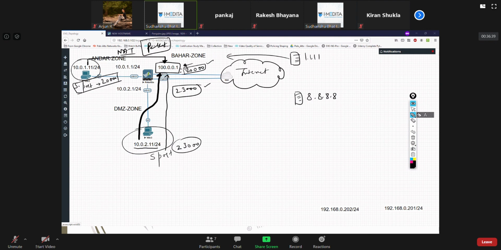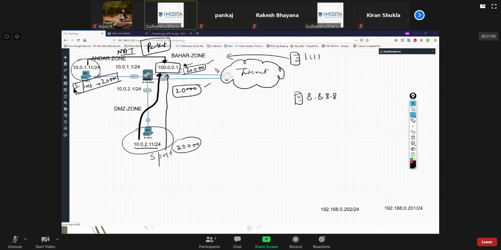For the first person utilizing 20,000, you don't change the port number, you just send it out. But when the second person utilizes this 20,000 port number here, the firewall cannot keep it as it is and send the traffic out.